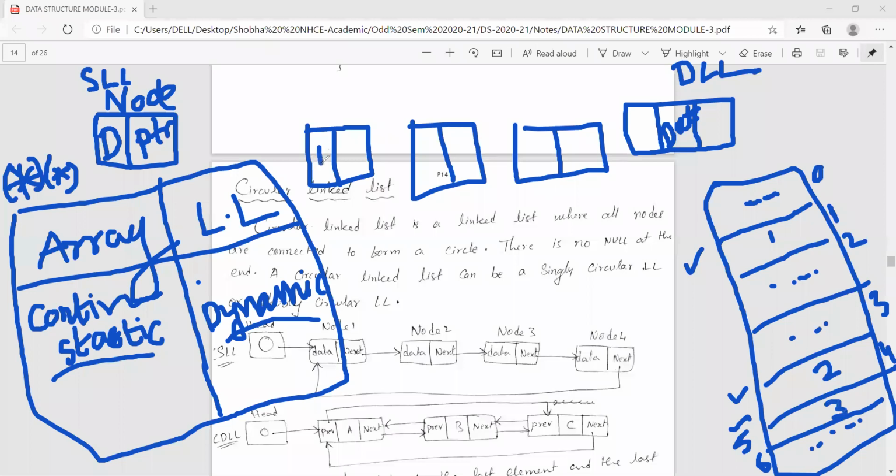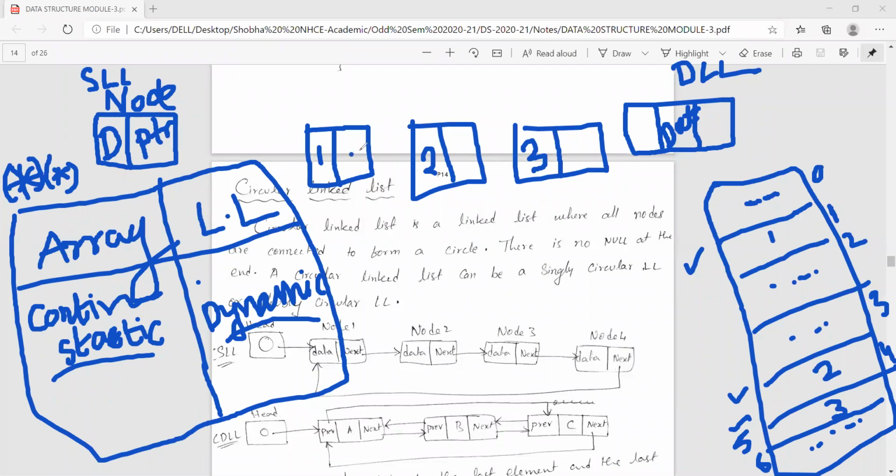The first node will have data 1, the second node data 2, and the third node data 3. So we are creating nodes and assigning data in them. Then next, we are linking.